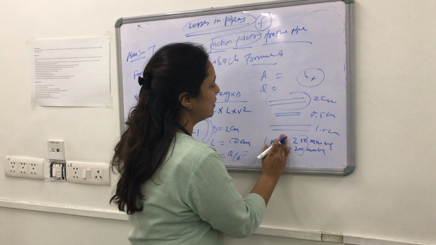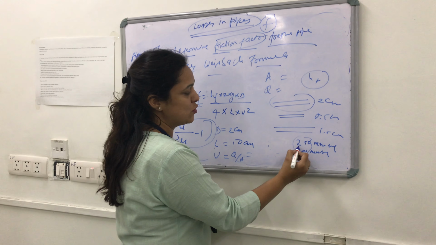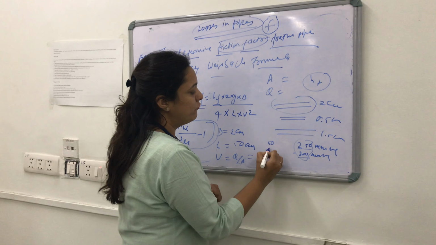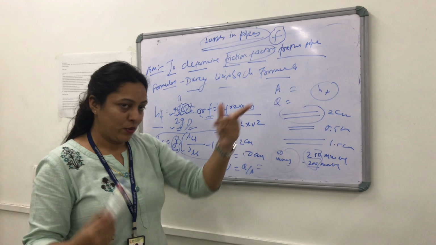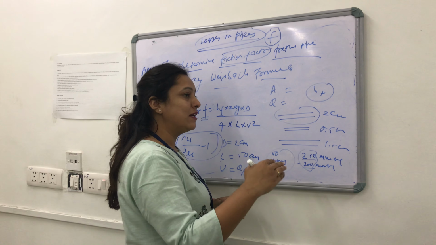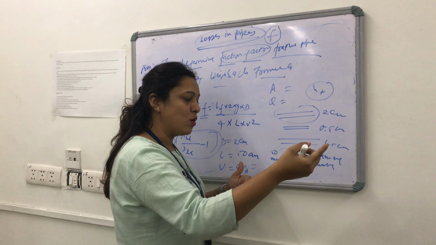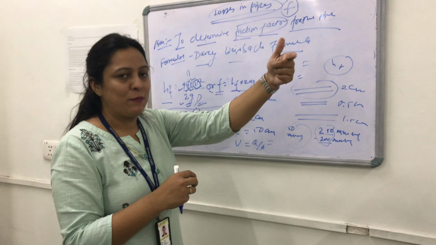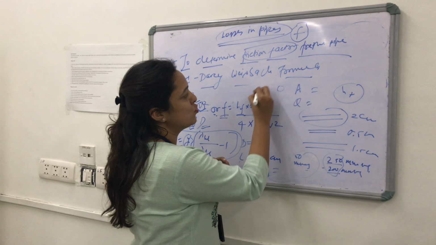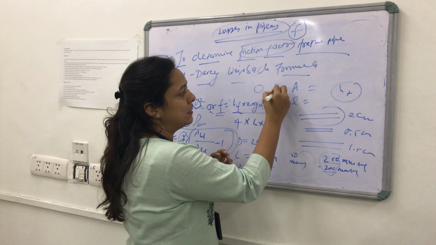So it will give us the difference of 250 minus 200, which is 50 mmHg, when I have kept the right limb open. Now if I keep the right limb closed and open the other tube, I am talking about the tube. So we have these two tubes, and initially I have kept this one open.